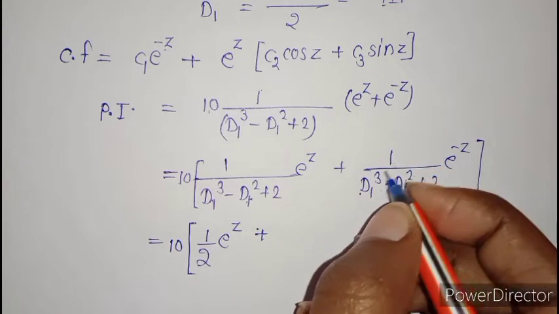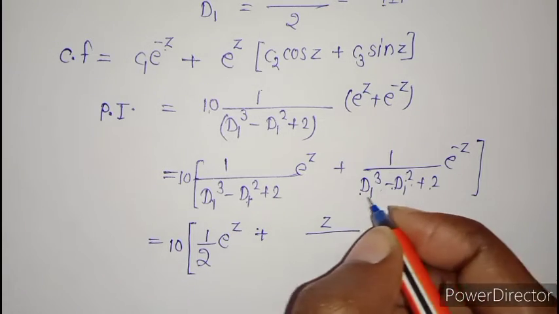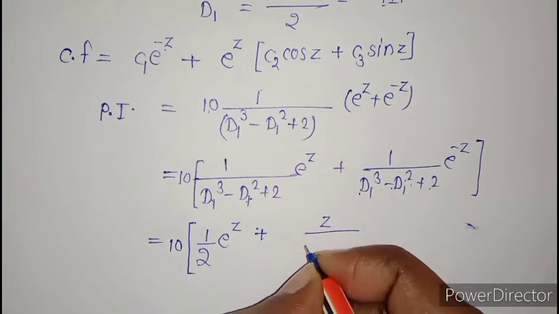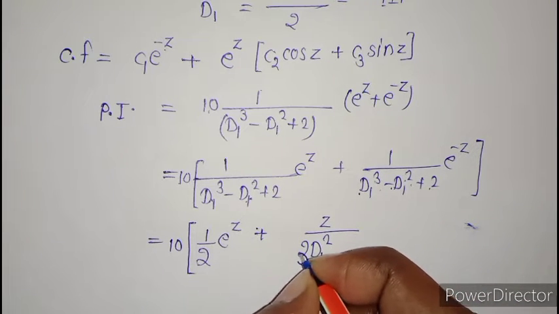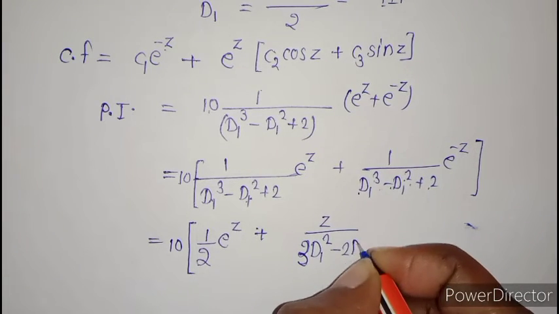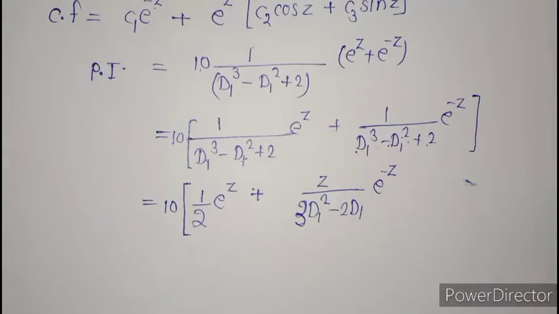So firstly we have to multiply the numerator by z and take the derivative of the denominator with respect to z, which gives us 3D1 square minus 2D1 applied over e raised to power minus z. Again we apply our process,